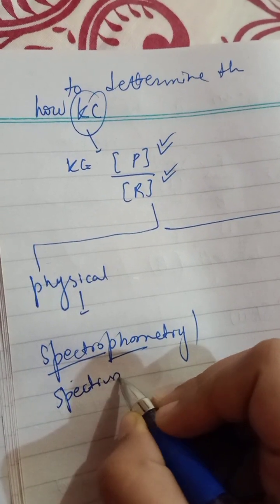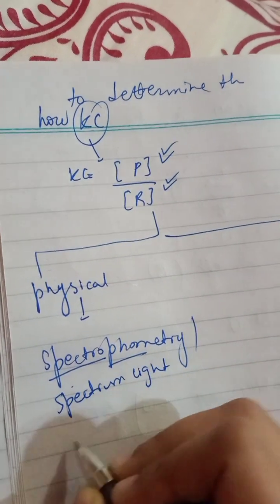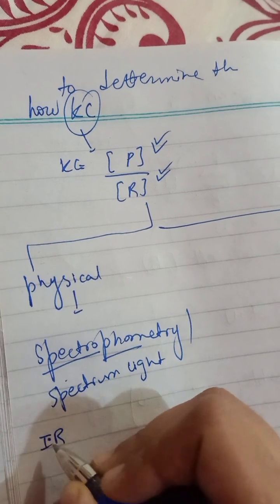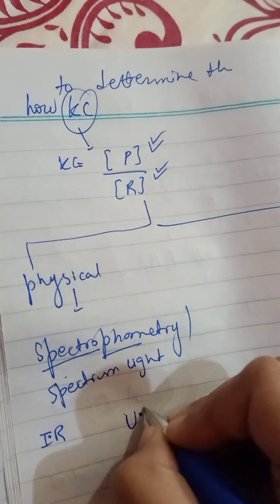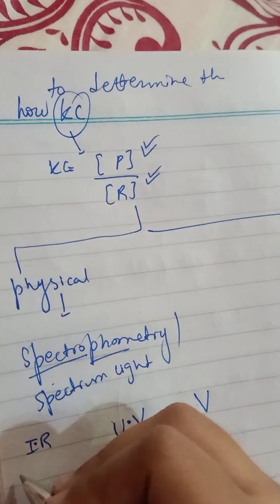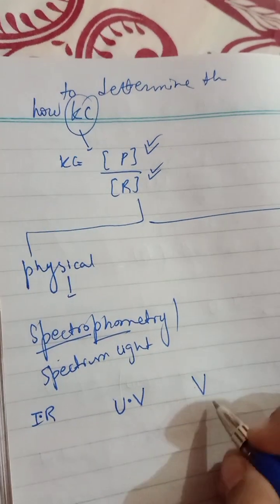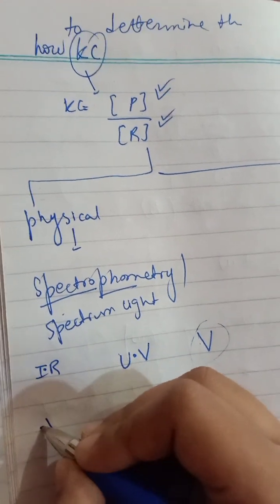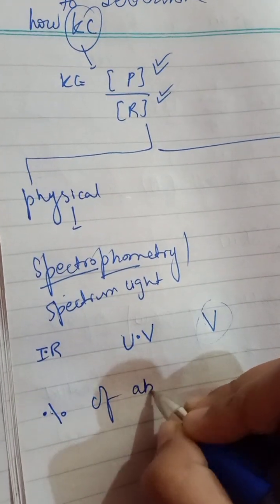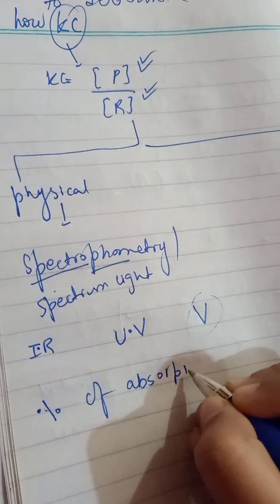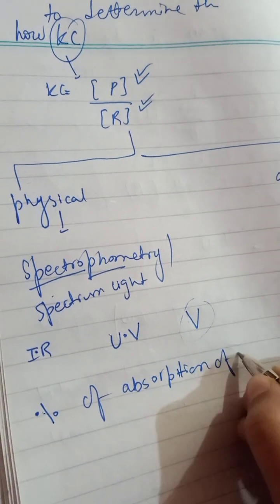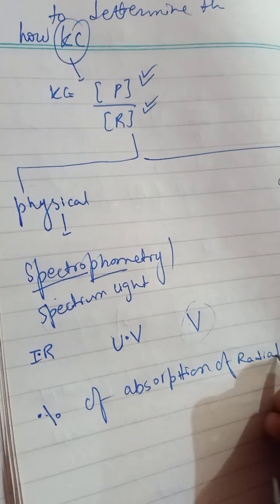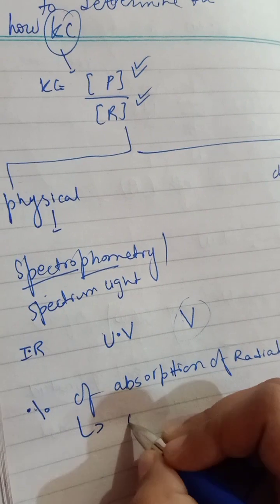So we have different light like IR, UV, ultraviolet, visible. So we have the percentage of absorption of radiation. What does it mean? This is the unit to observe